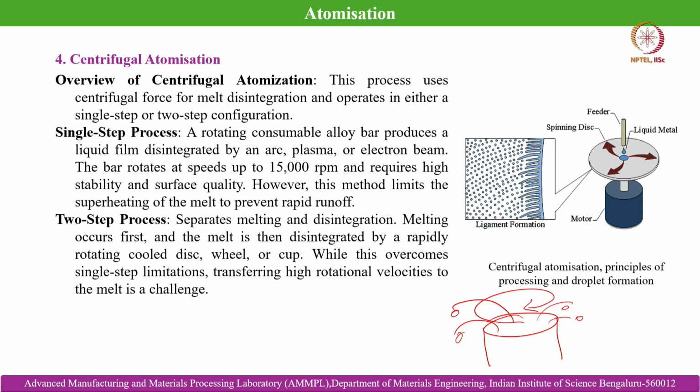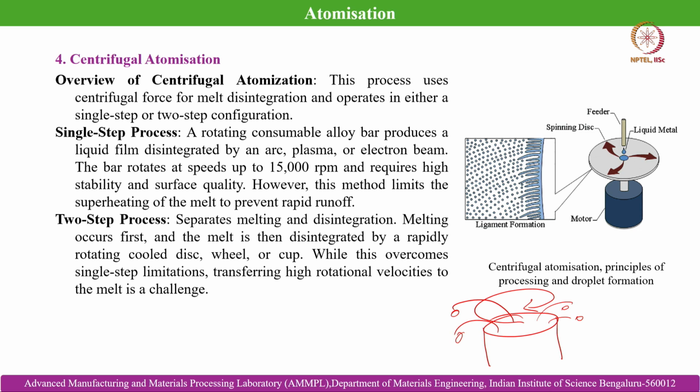So you can understand that there is a limitation in terms of the size of the powder particles that we can achieve, because we can hardly go beyond the liquidus temperature, as in that case there will be spillage or runoff of the liquid from the consumable electrode in spite of undergoing the disintegration process, which is needed for achieving powder particles with the desired shape and size attributes. In spite of that, when we talk about two step processing,